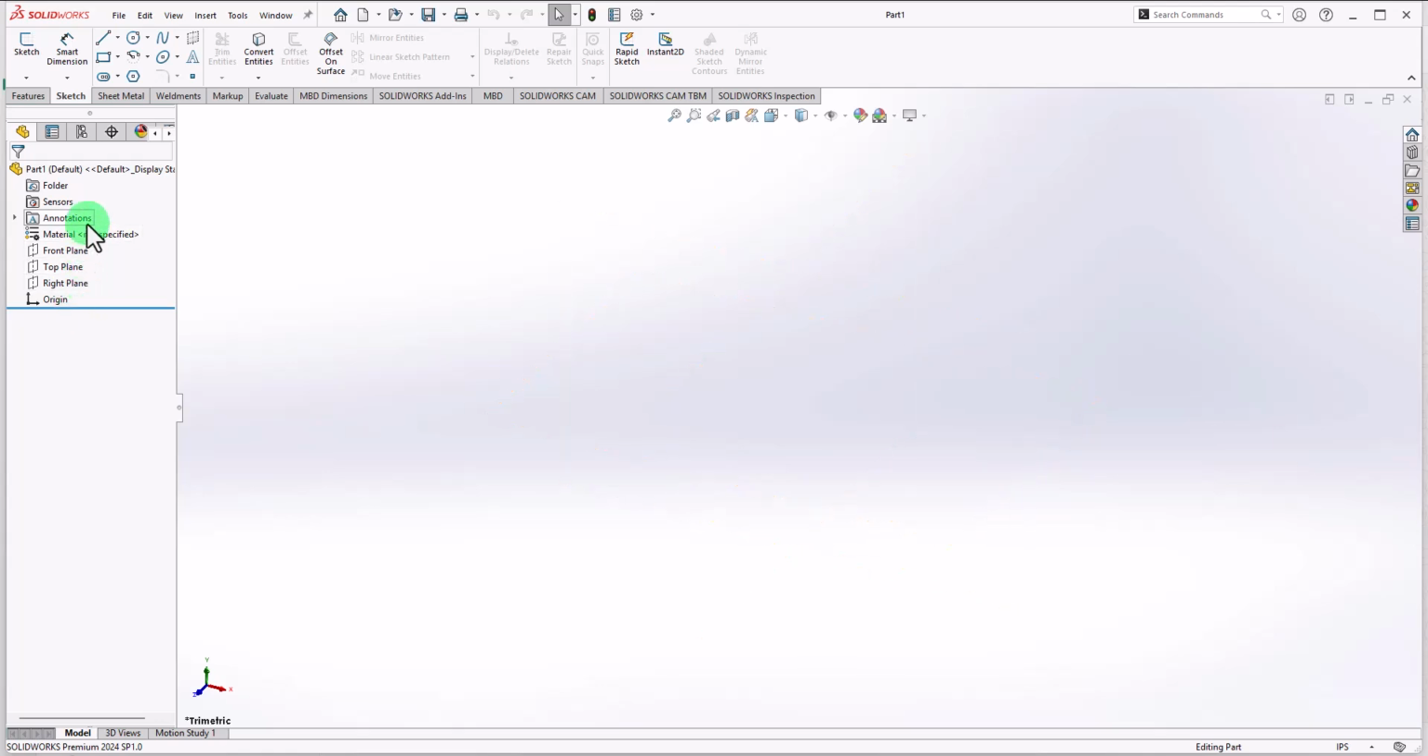On the left side is called the model tree. All the features that you are generating will be present here. If you generate the first feature, it will be present at the top, and the further features will be present after that. On the right side is the white screen, that is the graphic window, and that is called the triad, where the three axes, x-axis, y-axis and z-axis are represented, and the unit appears at the bottom of the